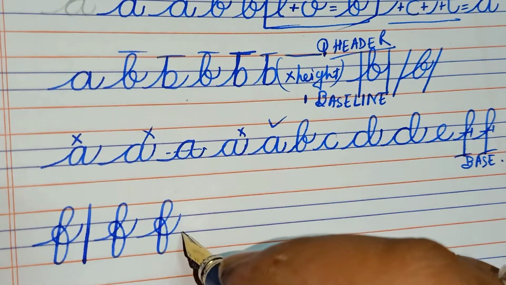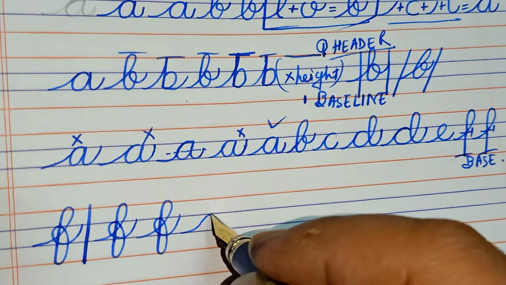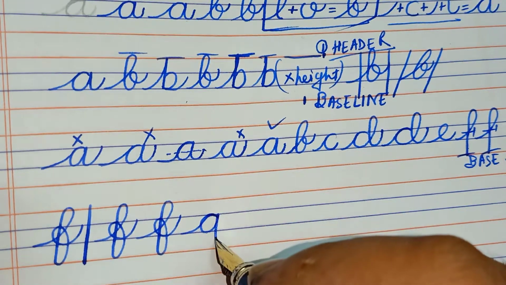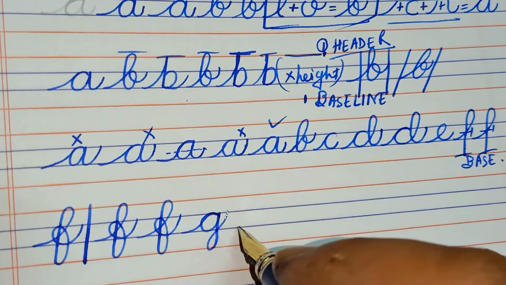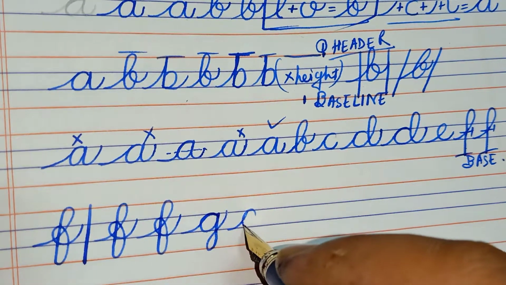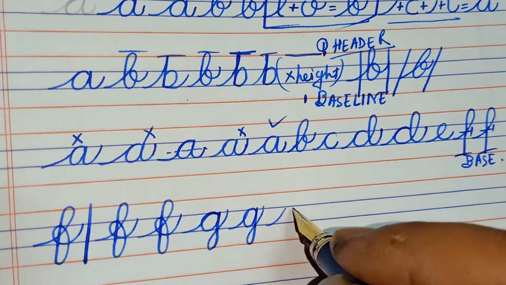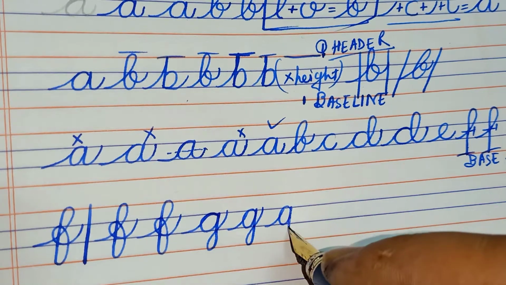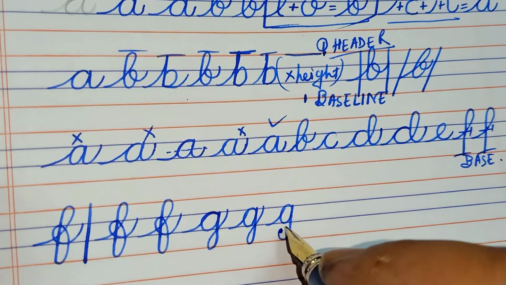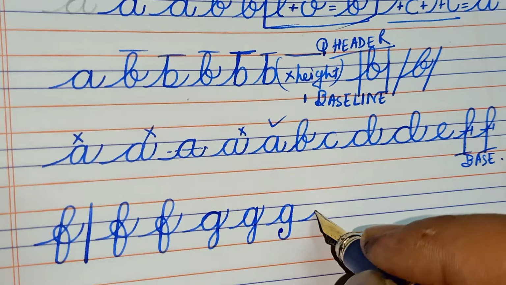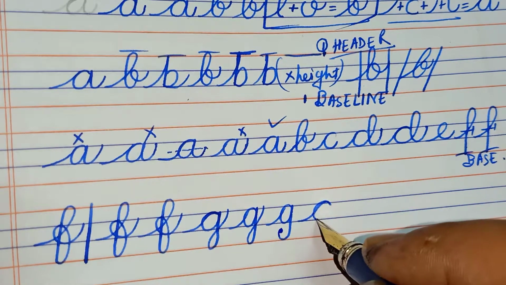Now let's write the G. This will also start from here, back, down, up, down. Okay, like this. You can also write this simple G. If you want like this, you can also write like this, but maintain the shape. Okay,